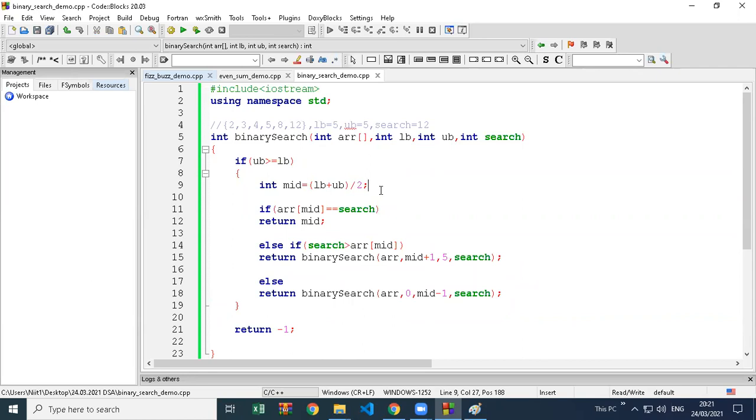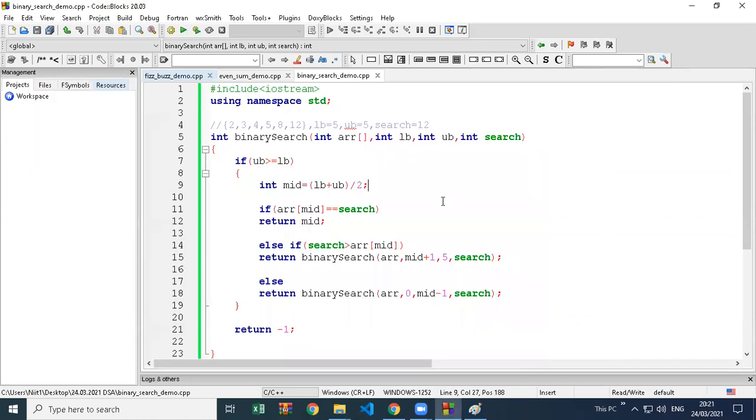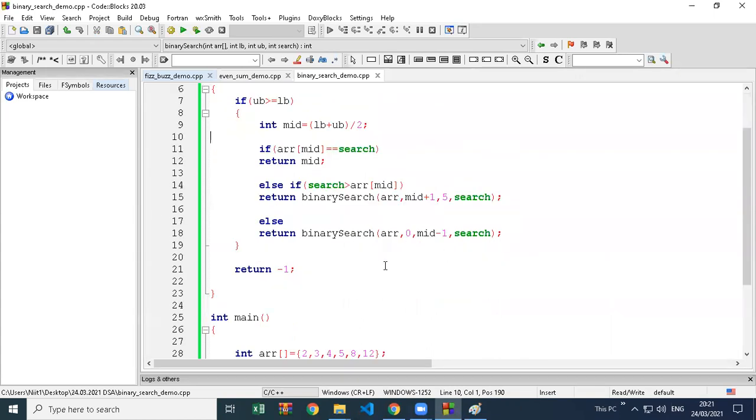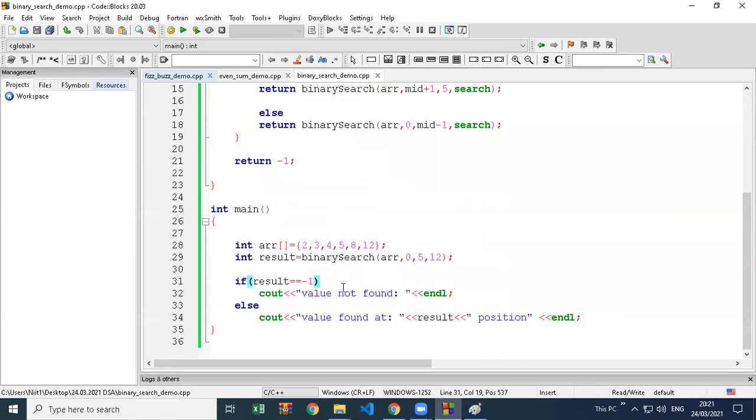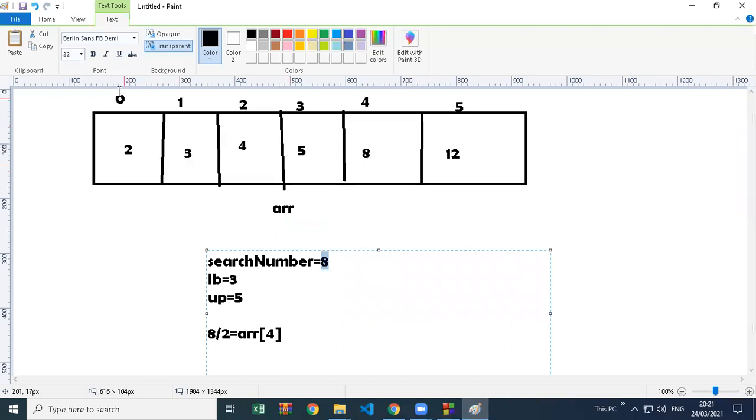So this is how we can solve the problem. And if you solve problems like this, line by line, if you see the code and try to solve it, that is logic building. So now the code is proper, it's working for all. The logic was the same that we tried to implement. We first take the lower and upper bound, divide it, take the middle, and check whether this is the value you are searching for. If not, go to the right side or left side.